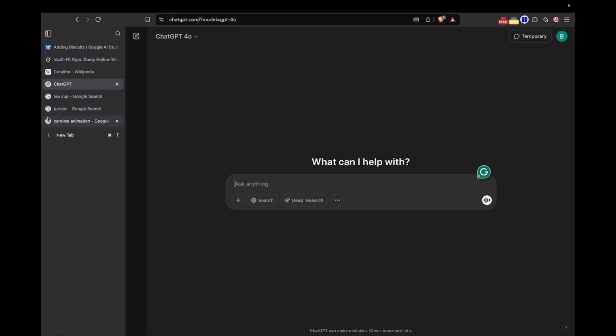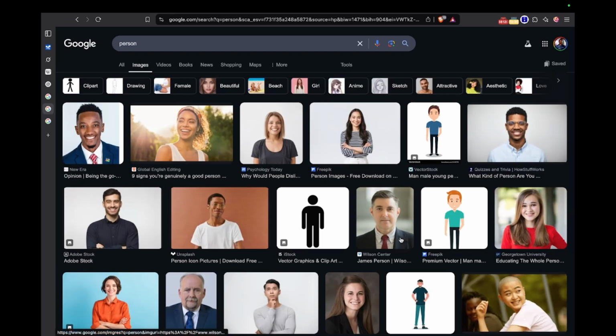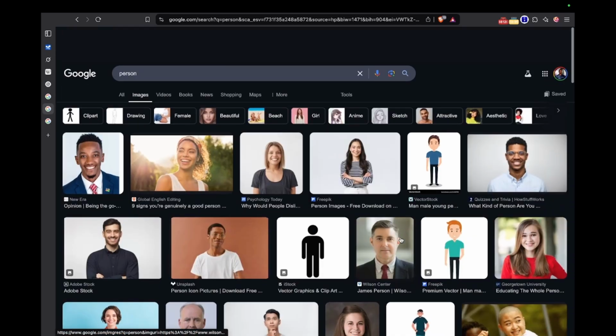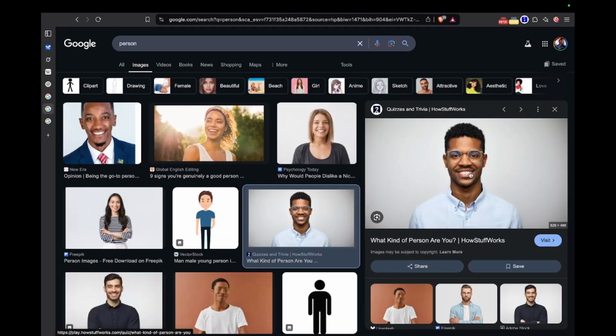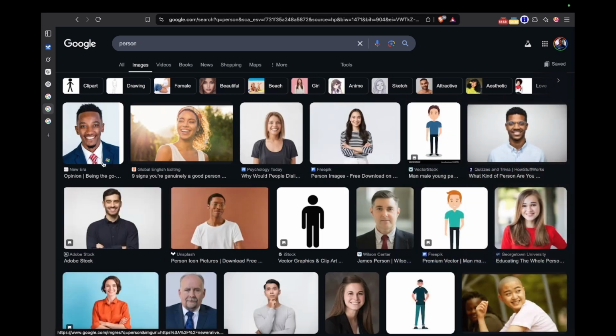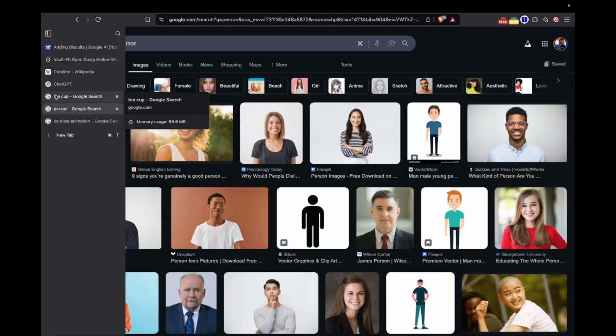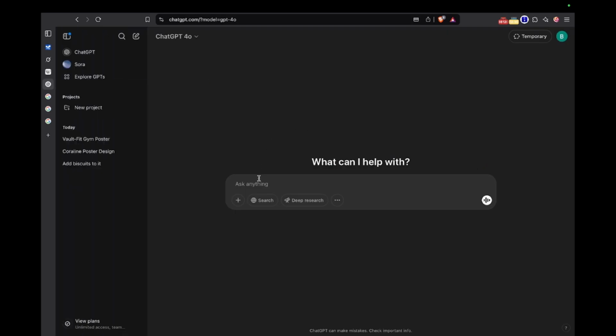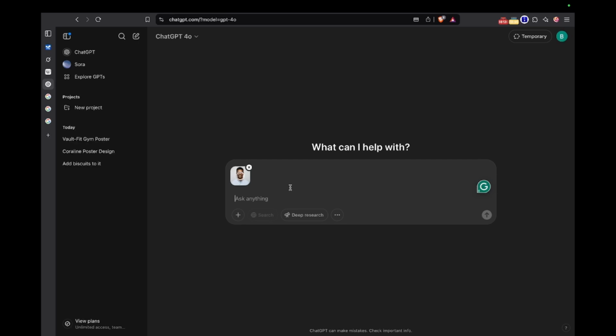So you can get any image. I do conveniently have a tab full of persons here that we can copy. I guess we'll be going with this gentleman. I hope this is stock footage that you can actually use. Anyway, just going to paste in that image, and we are going to say,